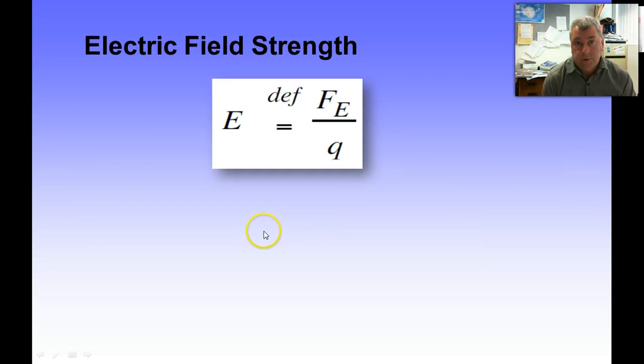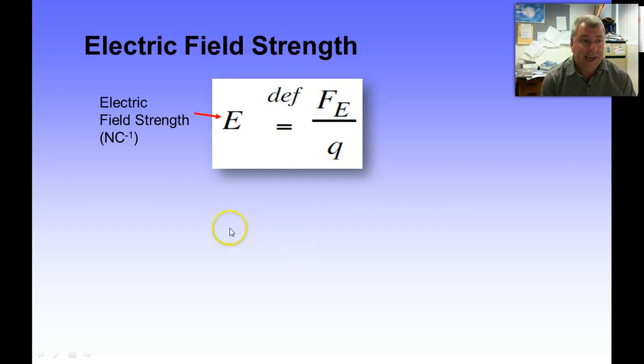Now we have a formula for electric field strength. E equals F with a subscript E. Now we start using subscripts for force, just to tell us the difference between, say, force magnetic, force electric fields, or force gravity, things like that. So we have Fe divided by Q, where E is what we use for electric field